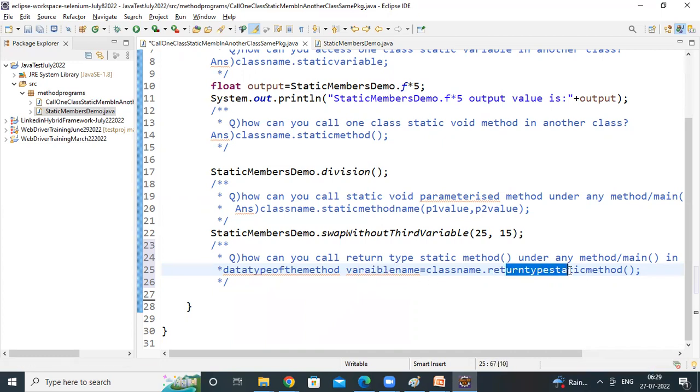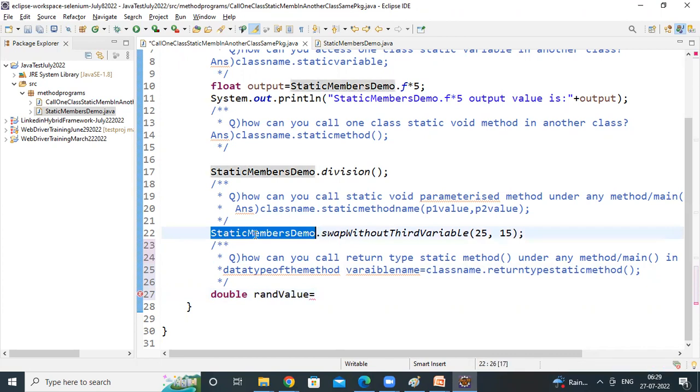And from which class you are calling this method. So class name dot that return type static method. Let's call that. It is returning a double data. I'm calling it to generate a random double number. So rand value equal to the class name, this is the class name, from this class I'm calling